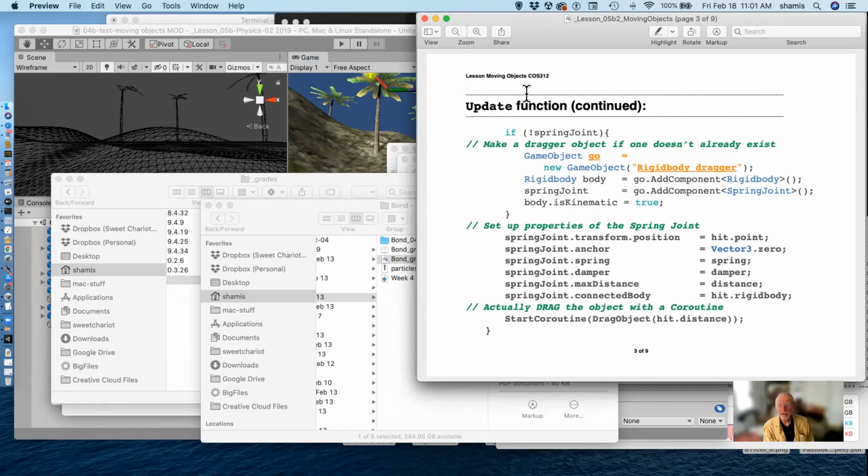So this made a new game object called rigid body dragger. It added components to it. It added a rigid body and a spring joint. It modified those properties, setting the is kinematic to true. And then it threw raycasts out to find an object that it had hit. It connected the spring joint to the hit point and did various magic